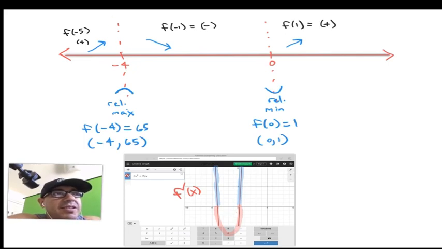This is going to divide our number line into 3 intervals. Again, what we're looking at is where the function is positive, where it is above the x-axis, which you could see here and here, so to the left of -4 and to the right of 0. And where is our function negative? Which is down here. Mathematically, the way you're going to be doing this is after you have these critical numbers,